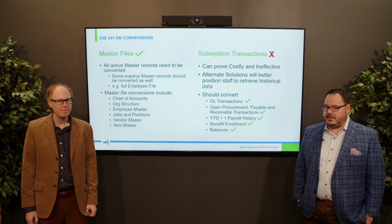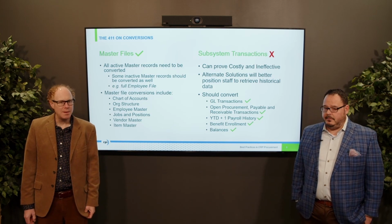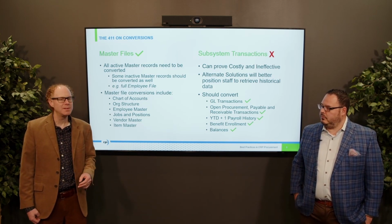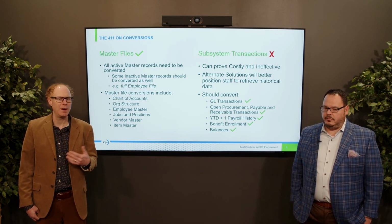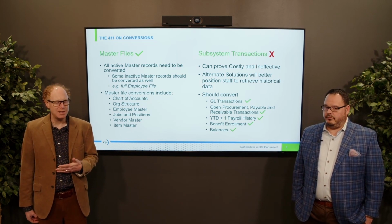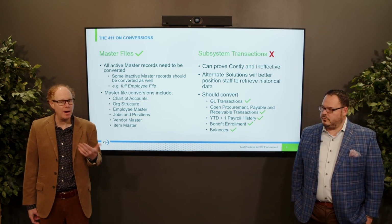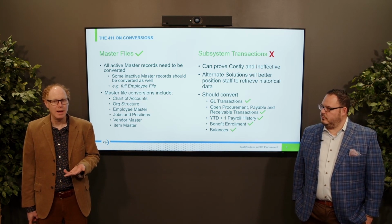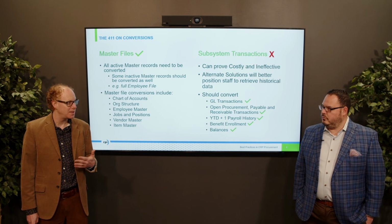What about subsystem transactions? Are there any there that we should be converting? Yeah. Subsystem transactions is really where it gets tricky. And we look to minimize the overall amount of subsystem transactions that we're bringing in. That said, you do need to bring in the transactions that are required for business continuity on day one of using that new system. What I'm talking about there is a couple of years of GL transactional data, as well